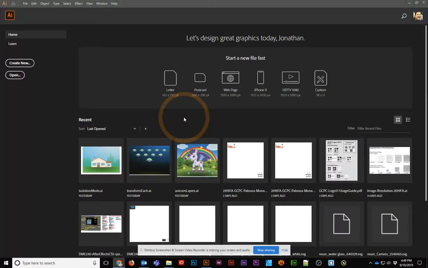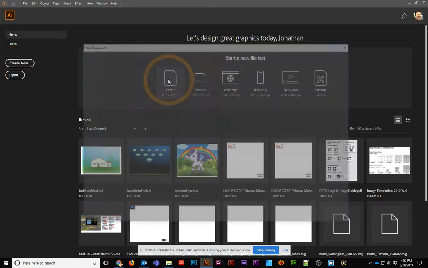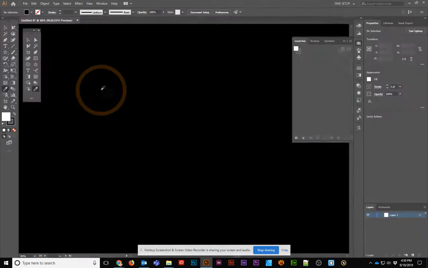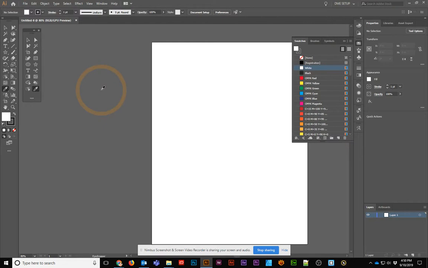Hey there, in this tutorial we're going to take a look at creating a blank template in order to design with. Now, when you go to create any new document, I'm just going to go ahead and create a new letter. Just double click and I choose the settings. I don't really know exactly what those settings are because I haven't really looked at what the settings are before